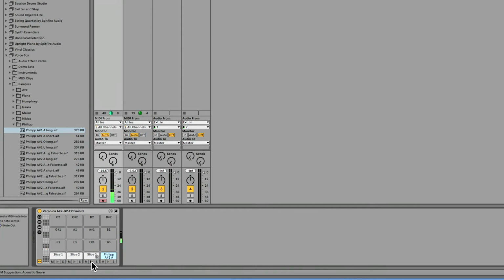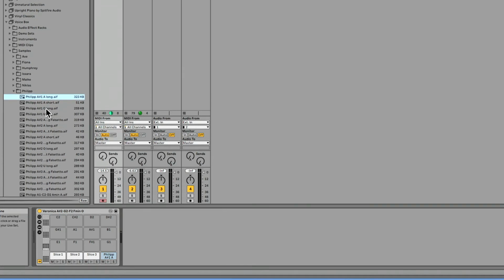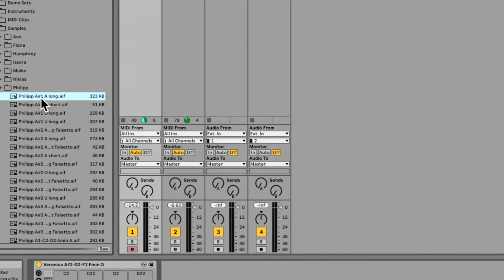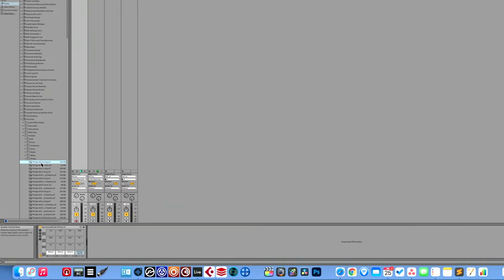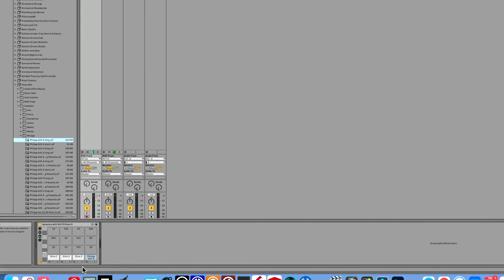So you could even get cool harmonies. That's another cool thing you could do with this many vocals, since they are pitched, and you can see that they are set up as A sharp 1, which, I never call it A sharp, I'd call it B flat, but if you wanted to create some harmonizing like this, you could actually do that in here with